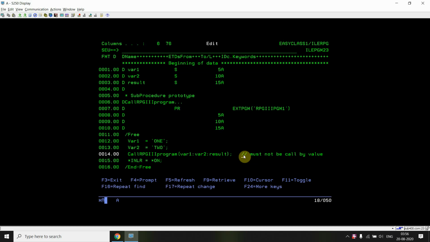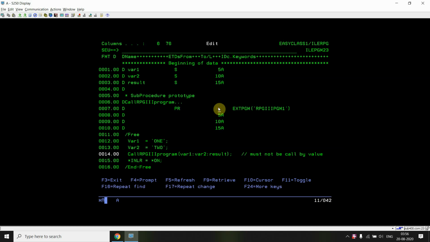At last I'm setting the last record indicator to 1. As you can see, this is a very small program to call an RPG3 program. The main important thing is the prototype which we need to define, and using the EXTPGM keyword to call that program. One most important thing here is that in case of procedures, whenever we are calling procedures, we have the advantage that we can return a value.